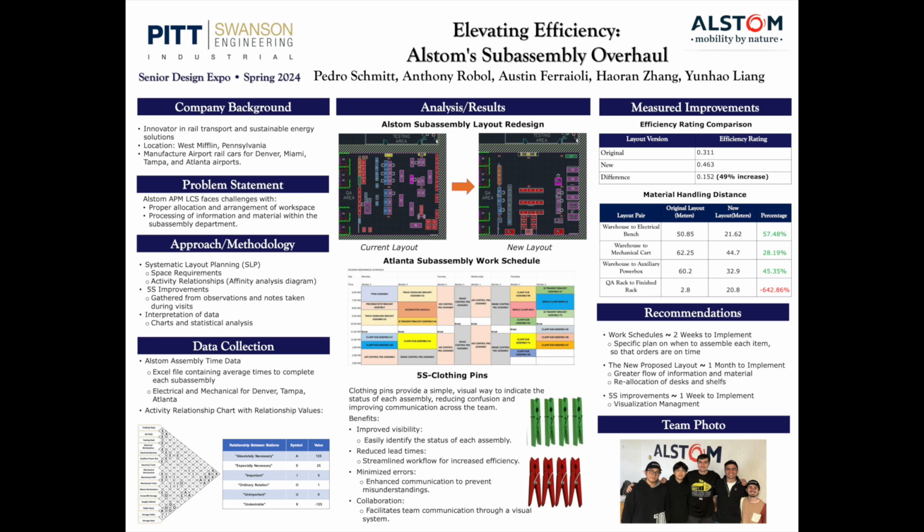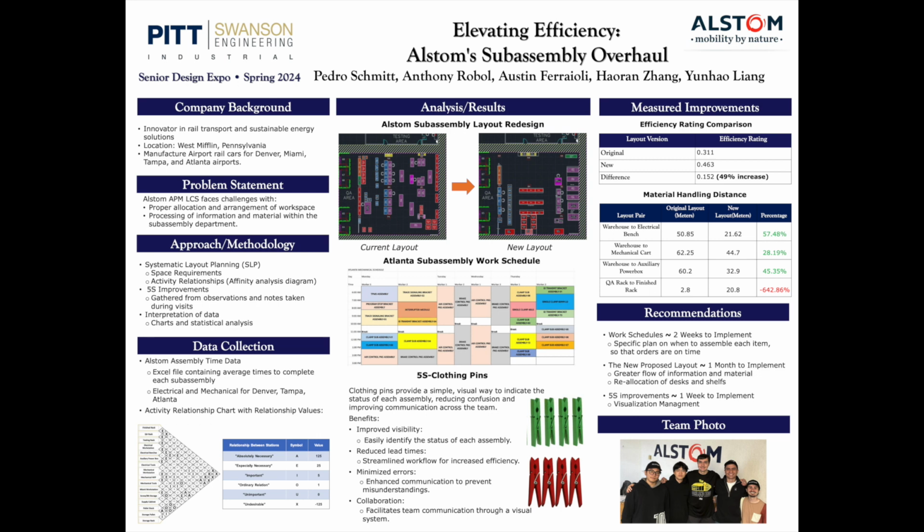Our first deliverable is the new layout that we constructed for Alstom. The approach we took followed the systematic layout planning steps in which we first initialized the space requirements. This consisted of identifying and measuring the stations and number of stations needed to complete all desired tasks within the week, like workspace, storage mediums, tooling, and work in progress. From there, we formed relationships, diagramming the importance of station proximity in relation to the flow of materials or information. We were able to combine our findings to form a new layout prioritizing those high-level relations in hope of reducing travel distance and clutter from the original.